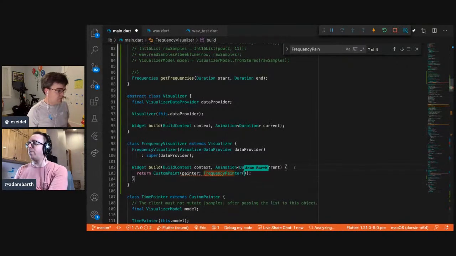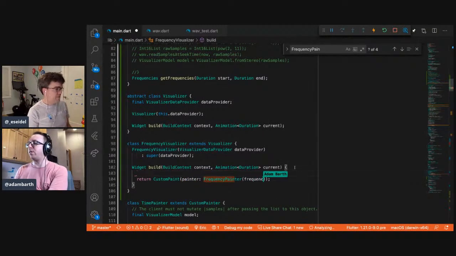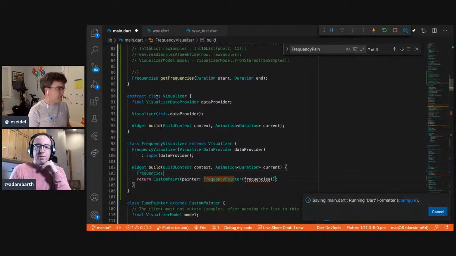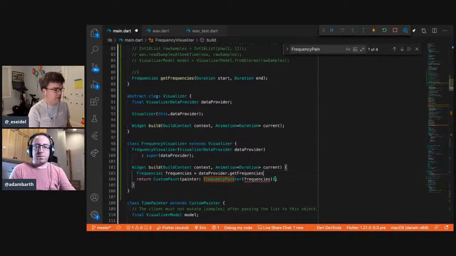And then here we're going to want to pass in frequencies, which we need to get from the provider somehow. We call it frequencies. It's equal to data provider dot get frequencies. But then which ones do we want?